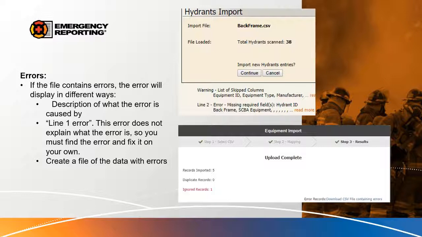If it's not clear what the error is, feel free to reach out to us, and we're pretty well versed in doing these imports. We've seen some pretty common errors, and we can usually look at the spreadsheet right away and say, okay, it looks like it might be this issue, and we can help you guys out.